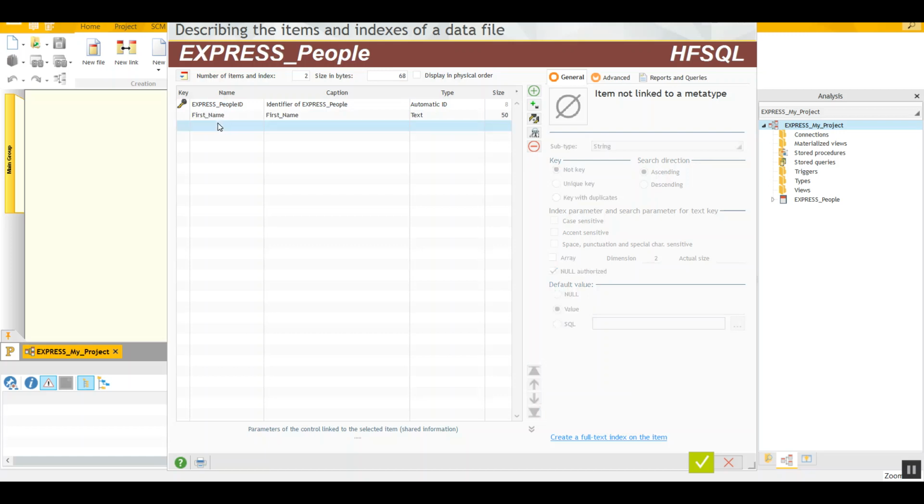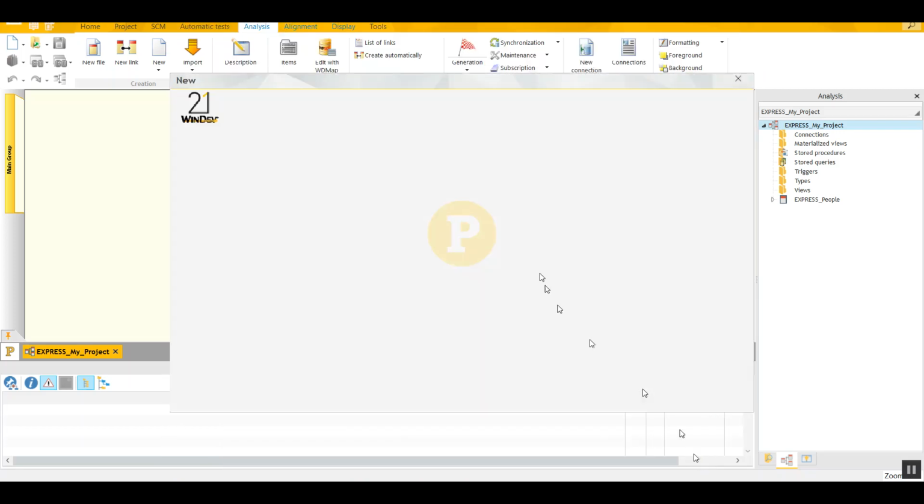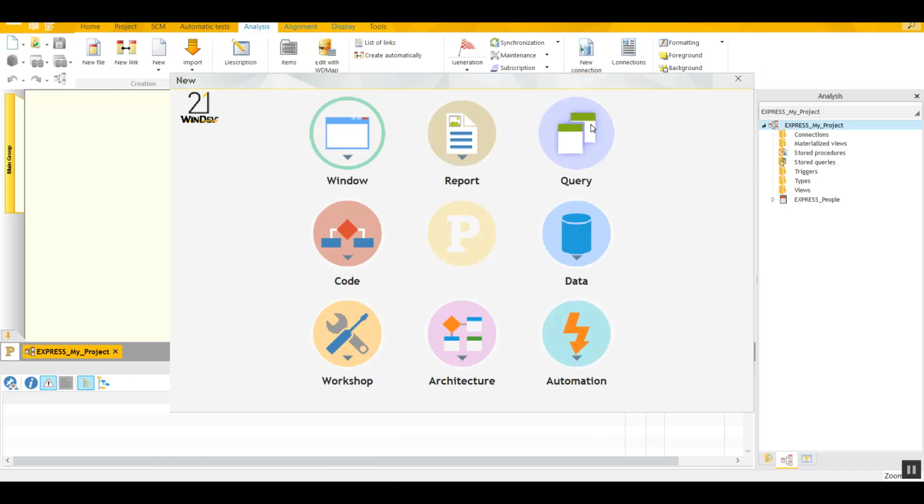And we will default that to text, and it will be 50 characters. We'll create last name and leave it at 50 fields. And that's all we're going to do, as this is just a very simple demo showing what you can do in WinDev. Okay. Once you're finished, and we could have added more tables also, and